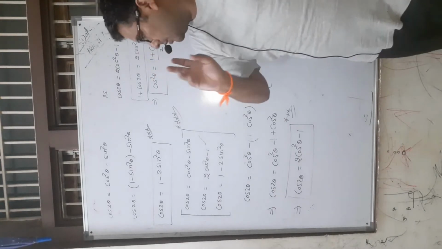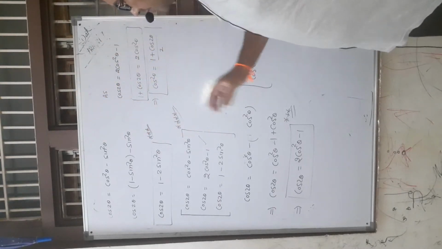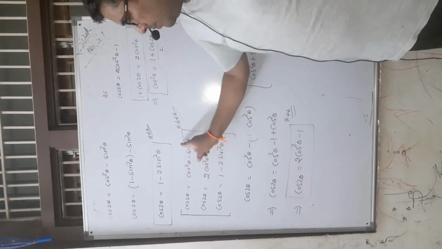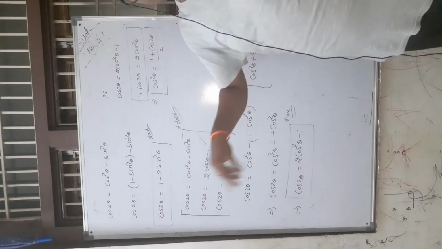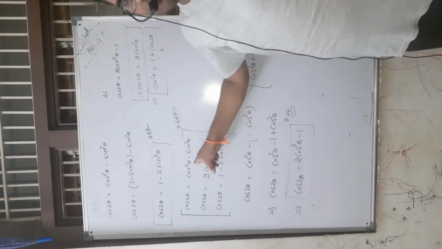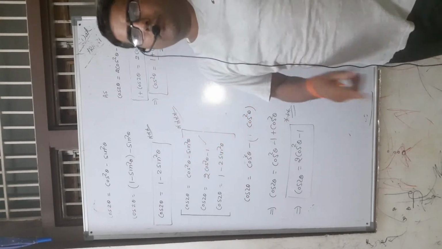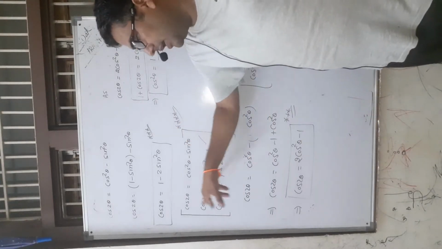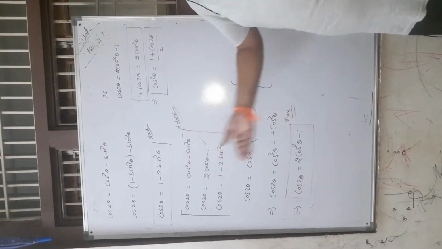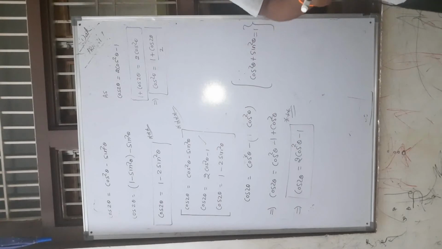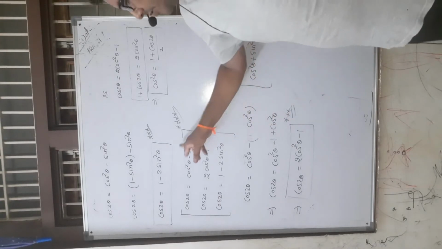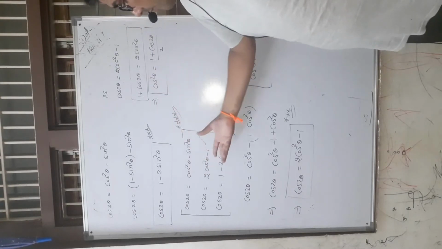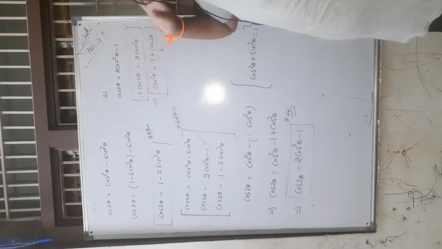So for remembering all these formulas, guys, remember only this formula. If you remember this formula, then you can derive any formula with the help of this formula. So the basic formula for calculating any other formula of cos 2 theta is this formula, cos 2 theta equal to cos square theta minus sin square theta. If you remember this formula, then you can derive any formula like this and this.